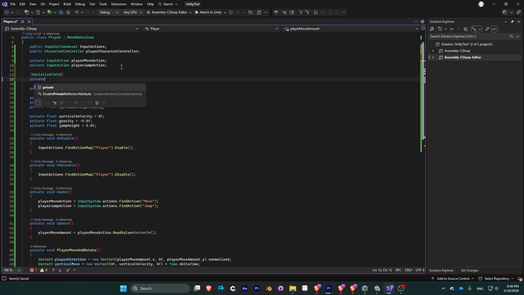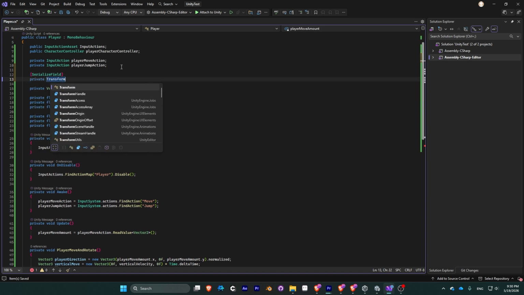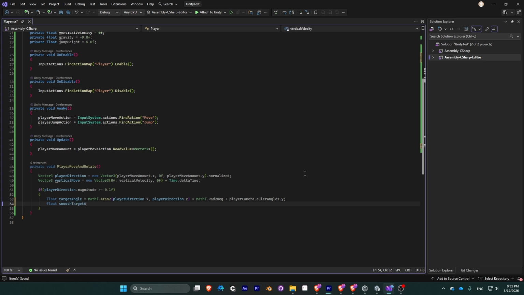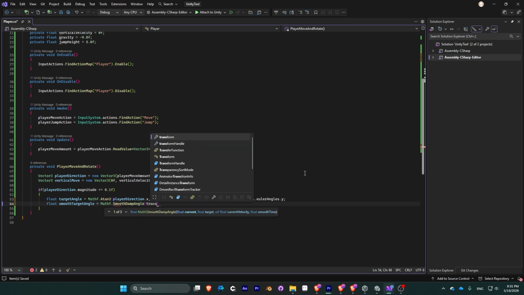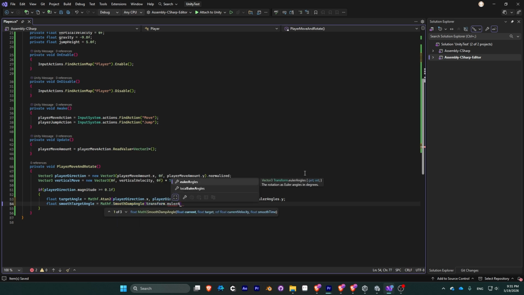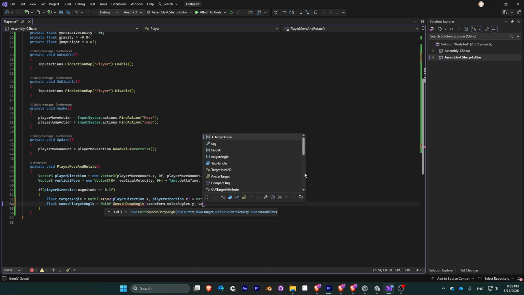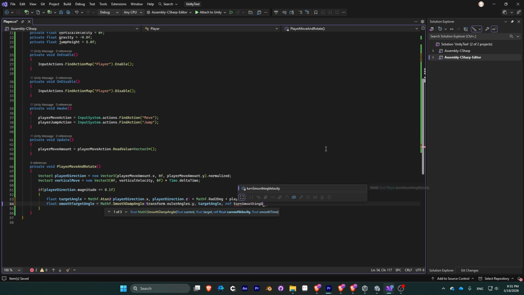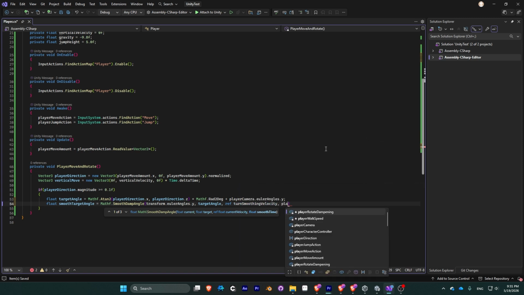Seems like we forgot to bring in the camera, so let's create a serialized field playerCamera. We will just need its transform, so we will use Transform playerCamera. Next, we will determine the smoothing by creating a float smoothTargetAngle and setting it equal to Mathf.SmoothDampAngle. In the brackets, keep transform.eulerAngles.y, comma, targetAngle. We will need a reference here, so ref turnSmoothingVelocity, and finally the dampening value,